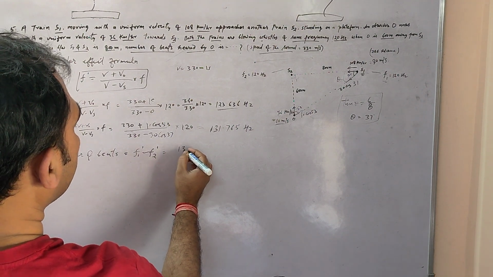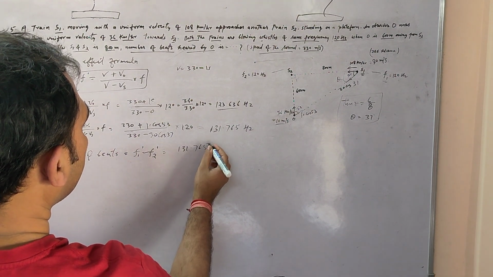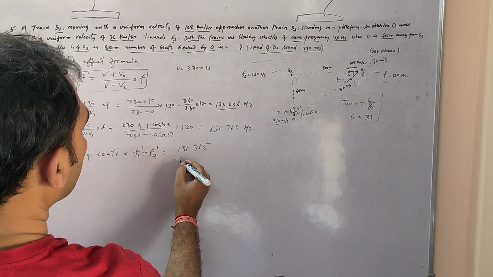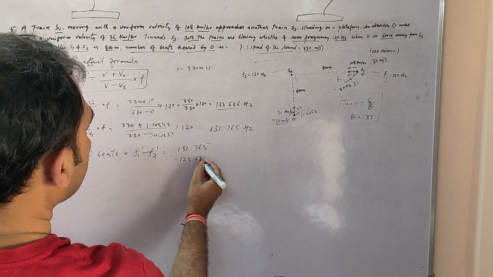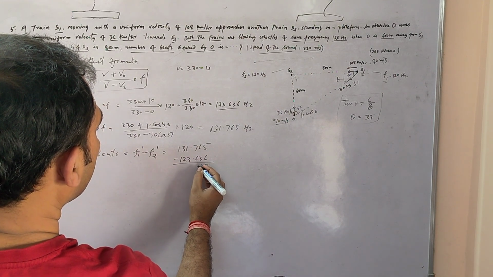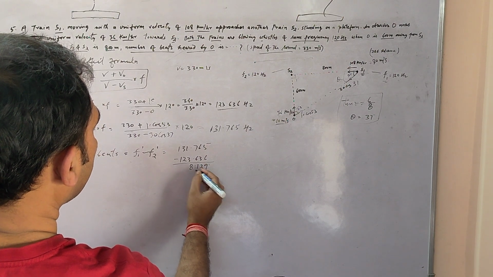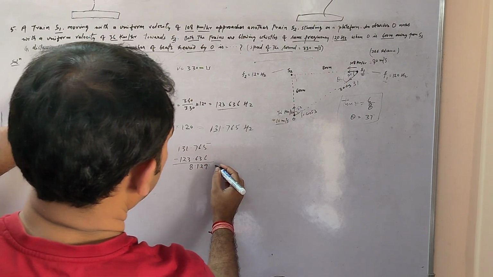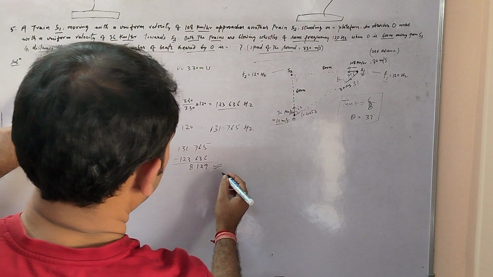This will be 131.765 minus 123.636. This will be 9218 hertz. That is approximately